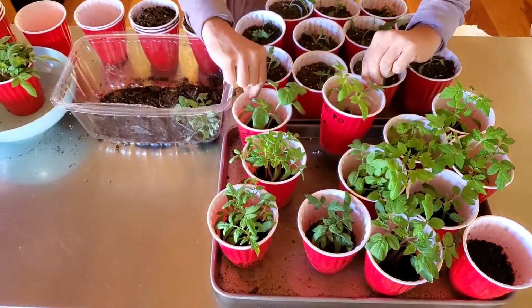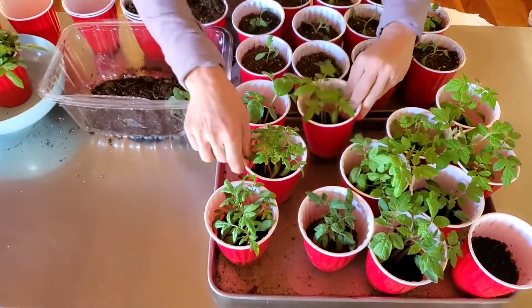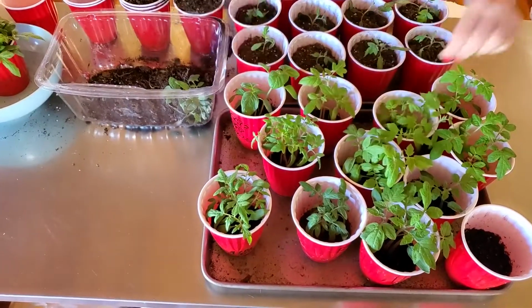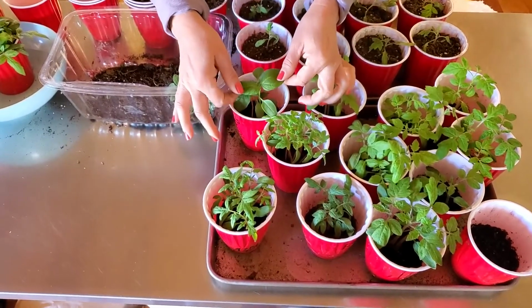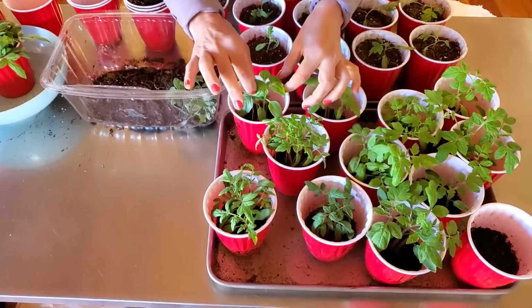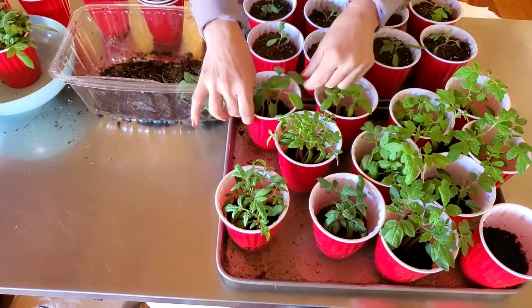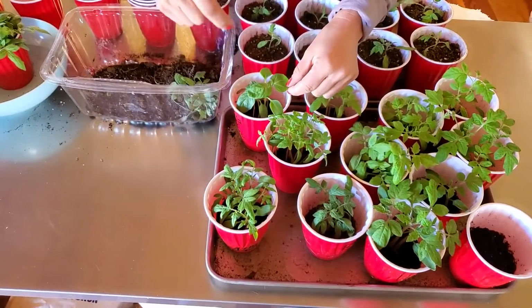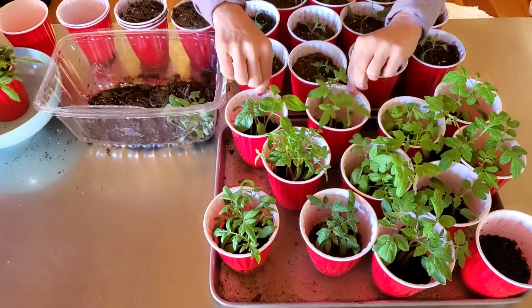I repurposed or recycled these seeds. These tomatoes came from my neighbor Louise's garden, and the tomatillos came from my last year's garden. So I bought seeds, planted them, enjoyed the tomatillos and the tomatoes, and then I saved the seeds. I show you how to save those seeds in another video, but today I'm showing you these were under my